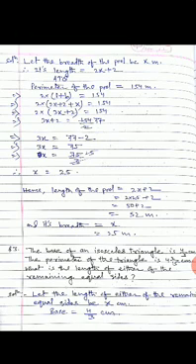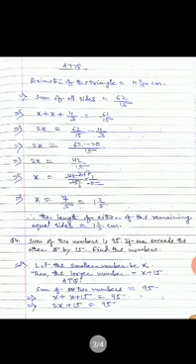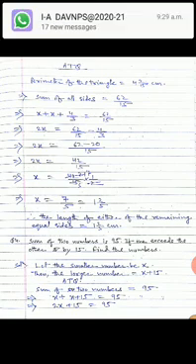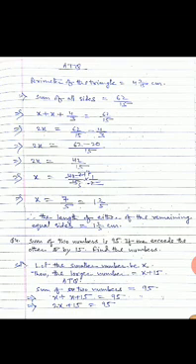So now see the solution of this question. Let the length of either of the remaining equal sides be x centimeter and base is equal to 4 by 3 centimeter. According to the question, the perimeter of the triangle is 2 by 15 centimeter. And what is the perimeter of the triangle? The sum of all sides. There are 3 sides in a triangle, so we have to sum all the 3 sides of the triangle, and we get the perimeter.